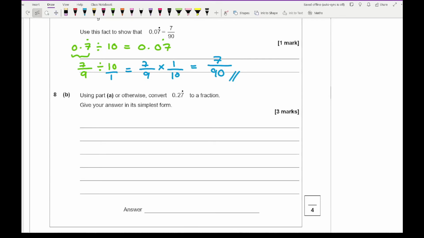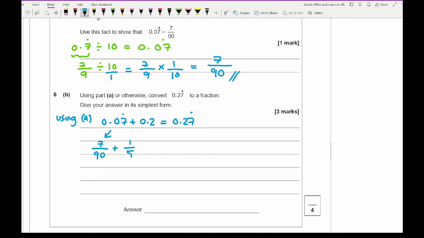Then moving on to question 8b, it says using part A or otherwise convert 0.27 recurring to a fraction. Now there's a couple of ways in which you can do this. So let's have a look at using part A. Then what we find is that 0.07 recurring plus 0.2 equals 0.27 recurring. Now this we know from part A is 7 over 90, plus 0.2 as a fraction can be written as